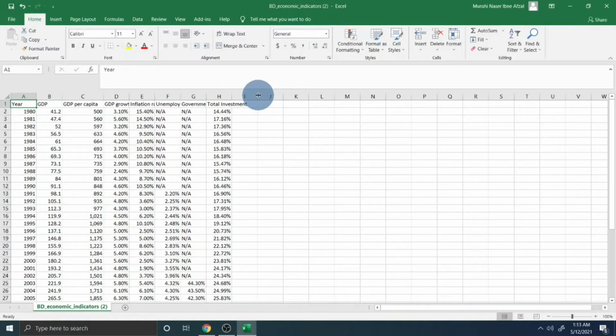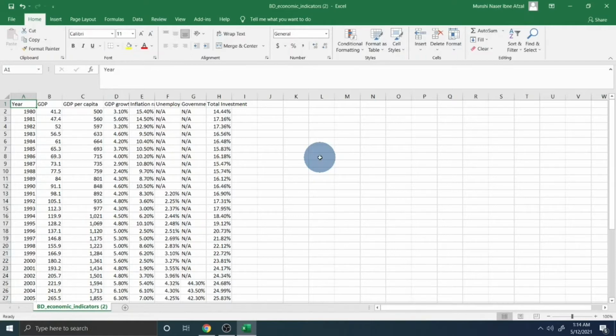One of these variables may be an independent variable, or one may be a dependent variable, or there may be several independent variables and one dependent variable. There may be several combinations of variable relationships which we will do in the modeling part, but before that we need to visualize the key relationships using Power BI. So this is our raw data, which is in Excel format, and I have saved it in CSV format, and I'm going to upload this dataset into Power BI.